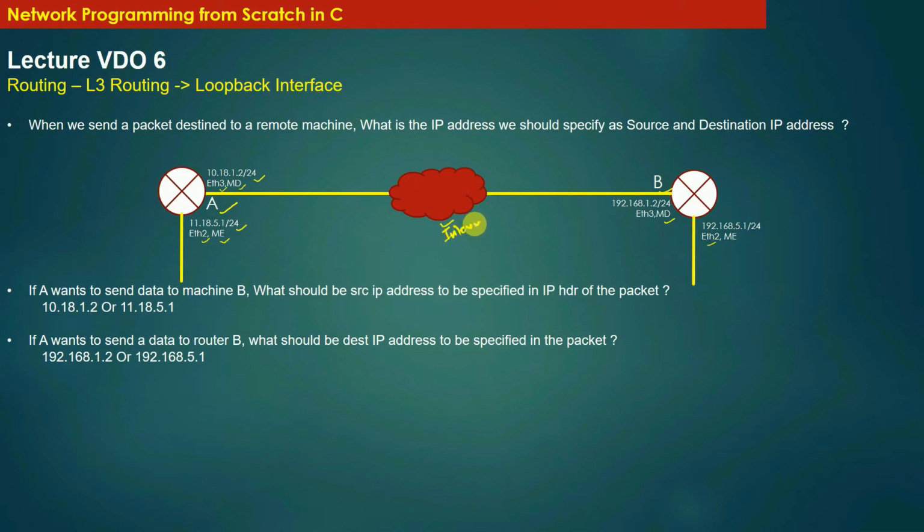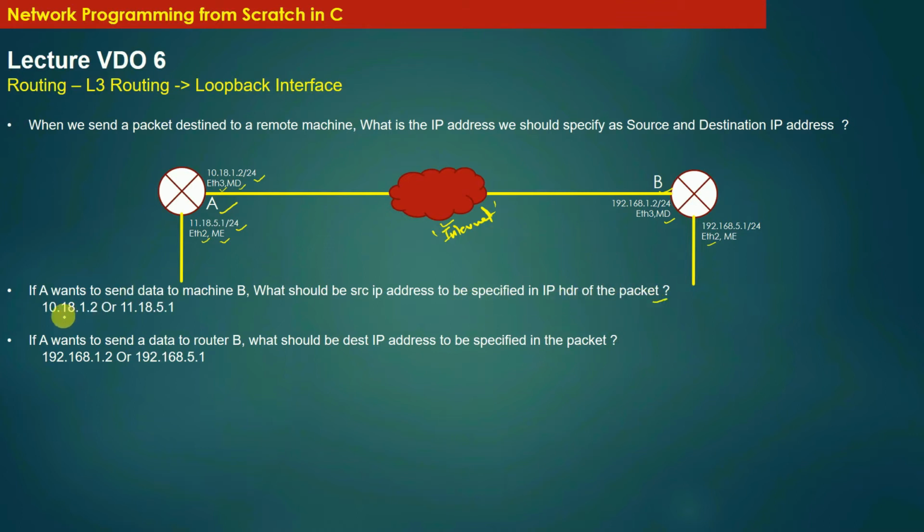Now, you have the internet in between. Having the internet in between means that machine A and machine B are separated, and in between there could be any number of L3 routers. Now, if A wants to send data to machine B,